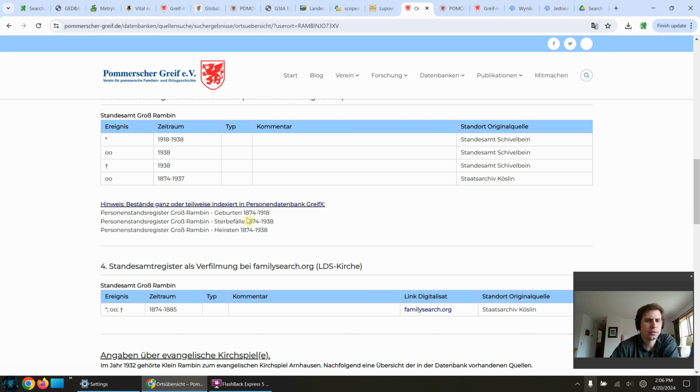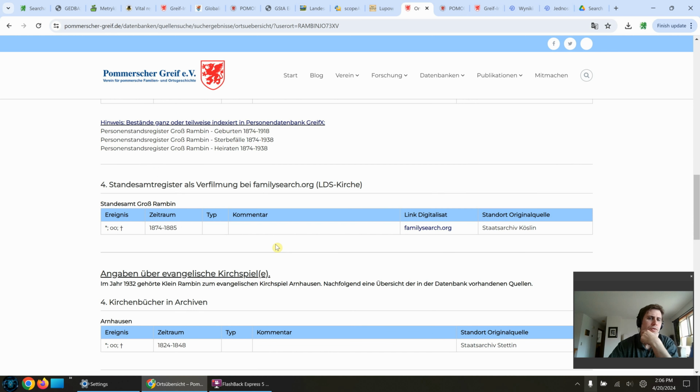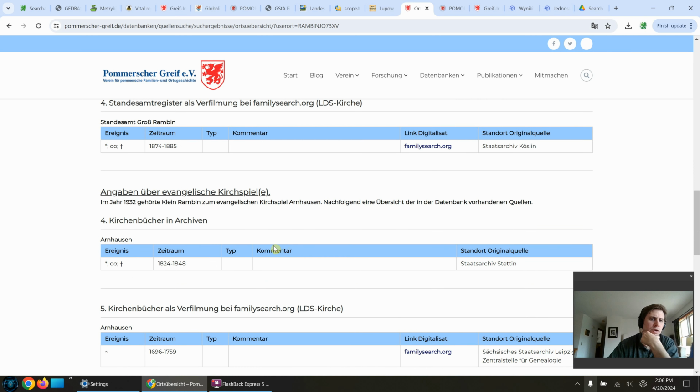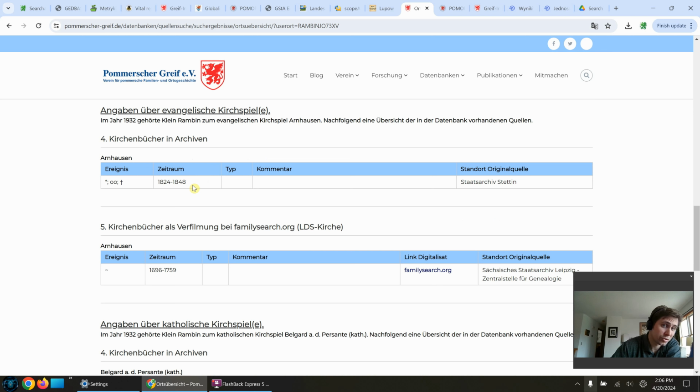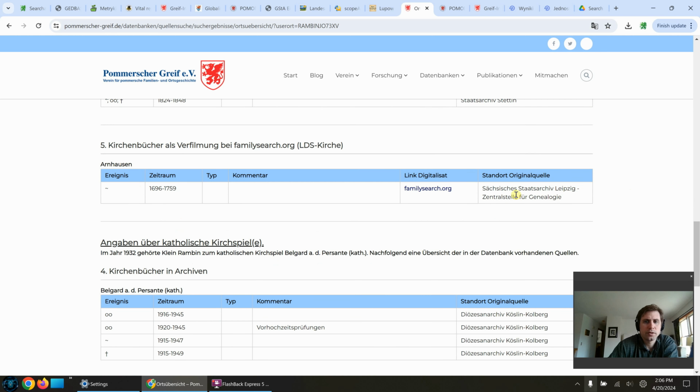It'll tell you through what years, and it'll also tell you what they have on Family Search. Here we see that there's church books in the archive. This one's in Szczecin. This one's also on my website if you're interested. And then they've got this one that is online by Family Search. Good luck finding it. So if we click on that link,